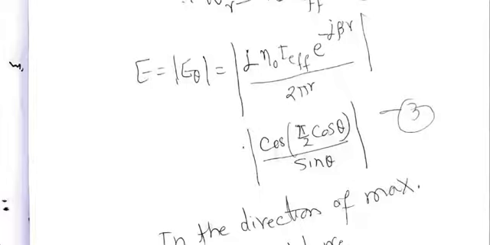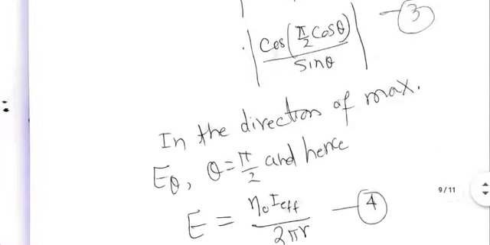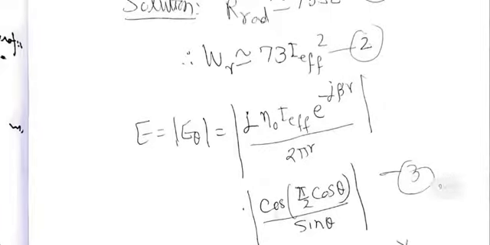If you put theta equal to pi by 2, you'll get cos 0, which is 1. Theta equal to pi by 2, cos 0. Yeah. So you'll get cos 0 in the numerator and sin pi by 2 is 1. So you'll get 1 by 1. That will give you maxima, one of the maxima, the principal maximum at least, if not the other ones. So theta equal to pi by 2 is what we are going to use to calculate directivity.